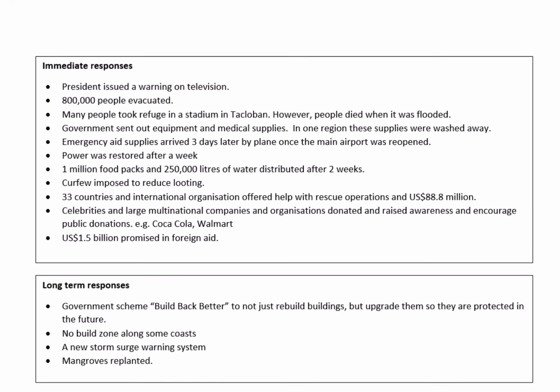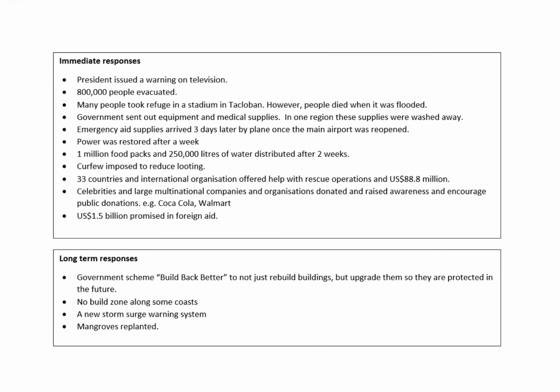So if we think about how they're managing this, what we've got here is the president issuing a warning on television, so this happened immediately. They evacuated 800,000 people, they delivered 1 million food packs, and the long-term response was to launch this Build Back Better scheme. In theory, the government now have some building regulations in place, and everybody that wants to build or develop needs to follow these. The big problem, I suppose, is they're not really enforced that particularly well. So you might argue, well, if you're not enforcing it, what's really the point in having this Build Back Better